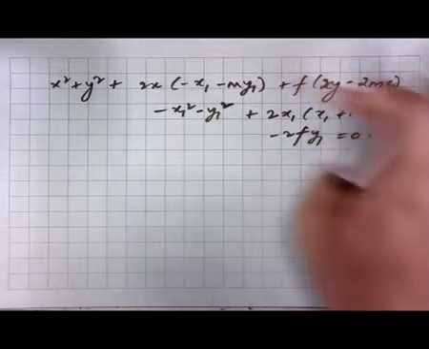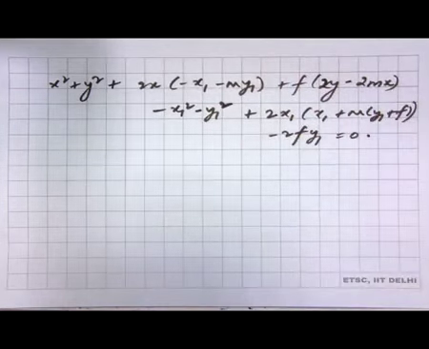So, we change f, we get the equation of different circles, but the common property of all